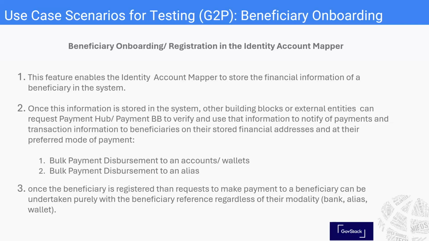Whenever any call comes in through which the beneficiary has to be made some payments, they could extract that particular information through the account lookup service of the payment hub